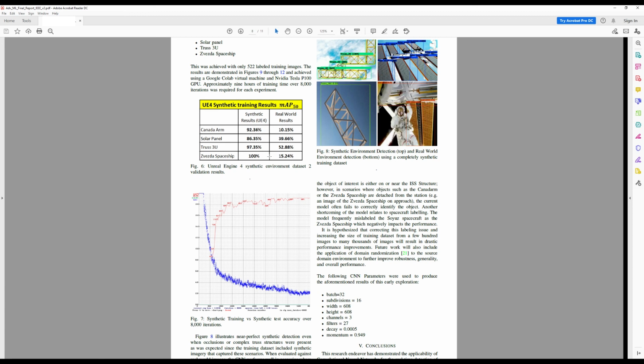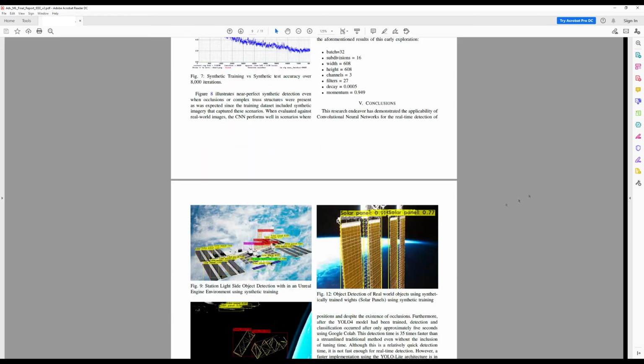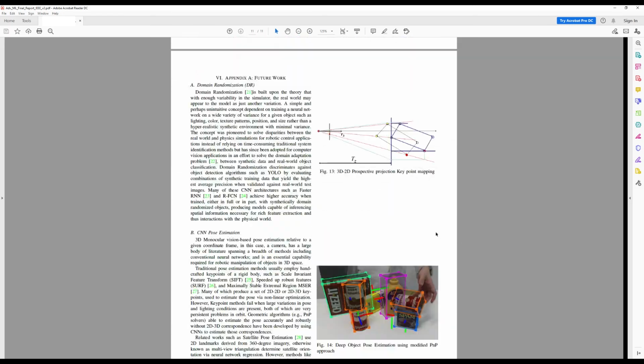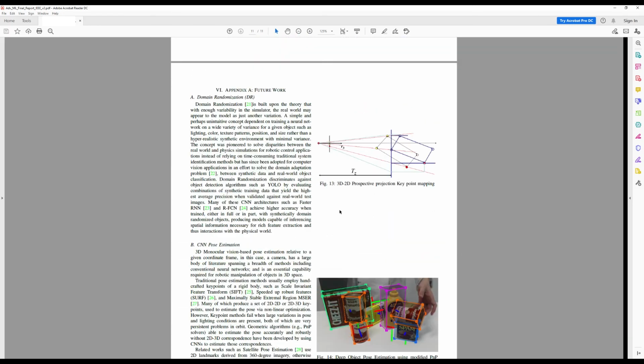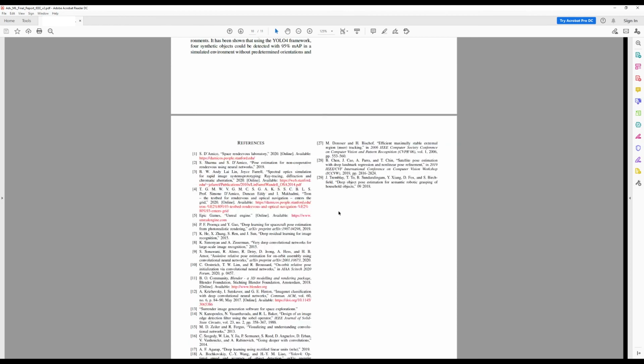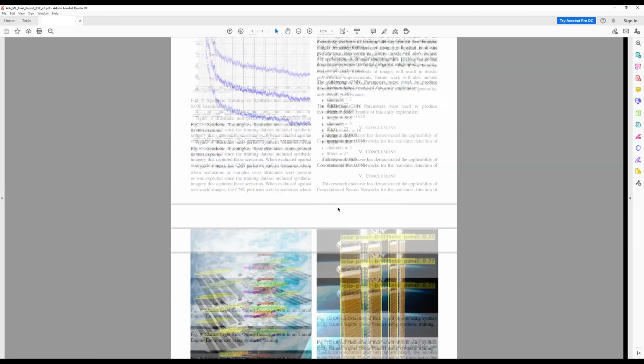So to remedy this in the future, what I'm going to do is either generalize it and just name everything as a spaceship, or go back through and relabel everything as, hey, this is Soyuz and this is Zavada, to differentiate the two. And then to further bump up these numbers, down here in the future work, I'm going to implement a tool called domain randomization, which is just randomizing the data set to include a lot more variance, so I get less false positives throughout the